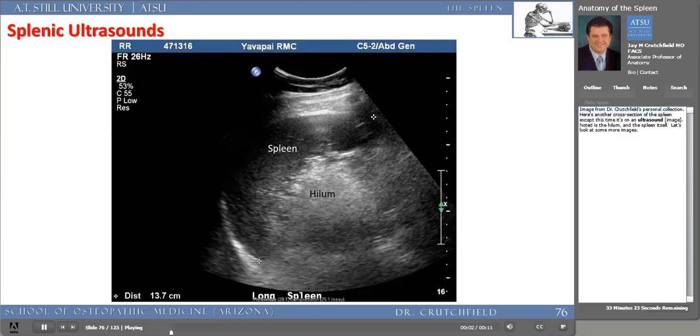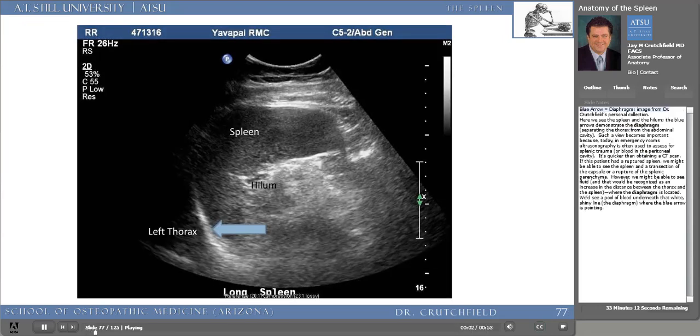Here's another cross-section of the spleen, but this time it's on an ultrasound. Noted is the hilum and the spleen itself. Let's take a look at some more images. Here we see the spleen and hilum, and the blue arrow shows us the diaphragm, separating the thorax from the